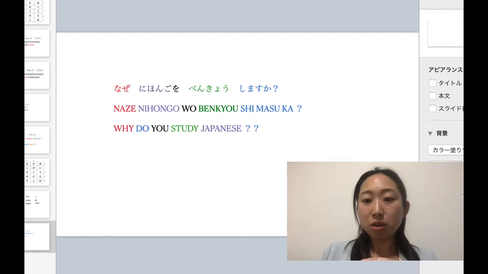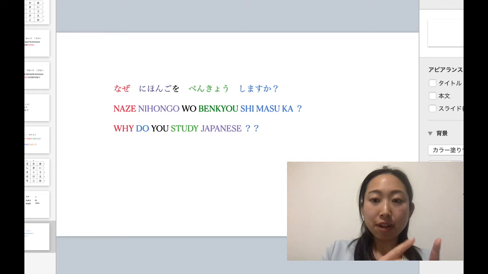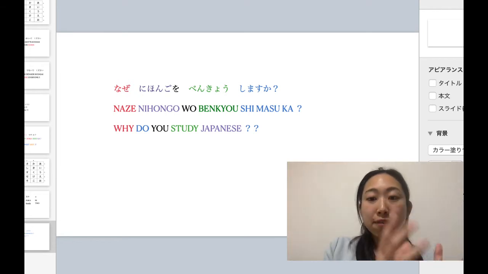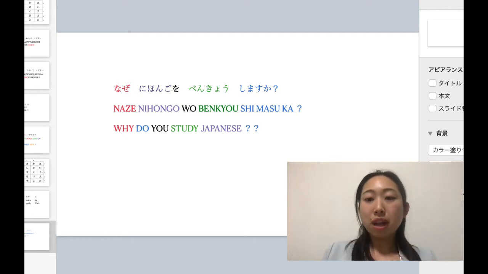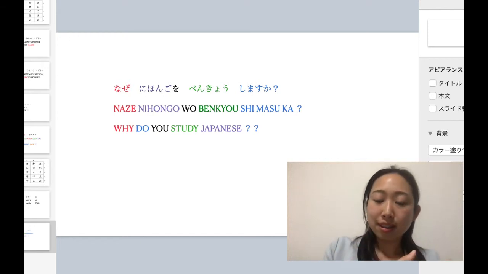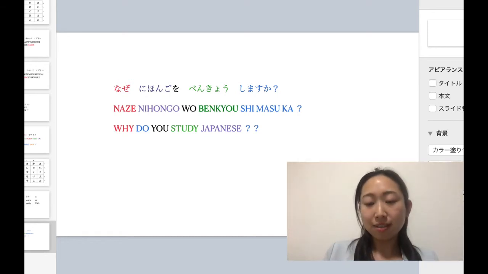So mainly we put it at the very first of the sentence and emphasize it so that the listener will be aware that, oh, this is a question for me to ask the reason, and I need to think about that. So to make the other person prepare for the reason, for the answer, we need to put it very first. なぜ日本語を勉強しますか？